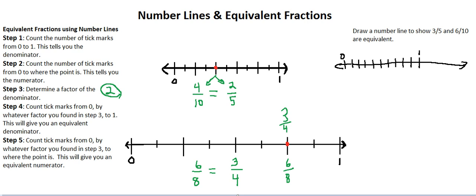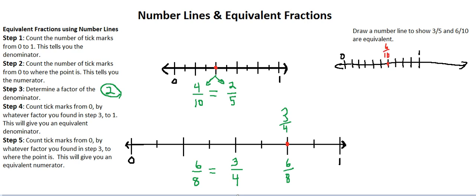Now I'm just going to recount to make sure. 1, 2, 3, 4, 5, 6, 7, 8, 9, 10. All right, I'm going to come over here. Now if I go to 6 tenths, I have it broken up into tenths, and I'm going to count over 6. 1, 2, 3, 4, 5, 6. All right, so that would equal